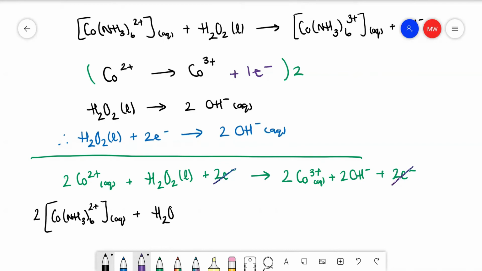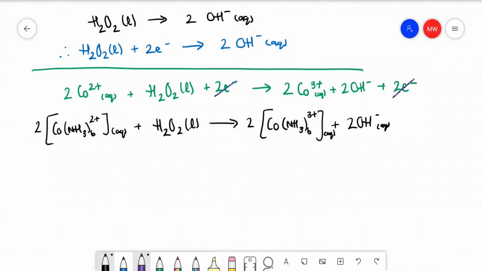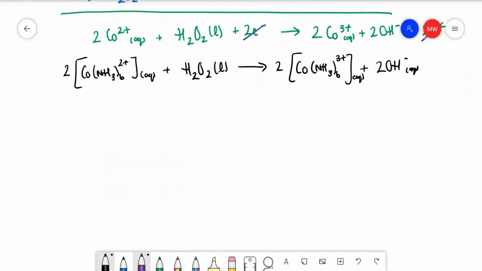And then I can just add my spectator ion, which was the ammonia, so it becomes 2 hexaamine cobalt 2+ plus hydrogen peroxide gives you 2 hexaamine cobalt 3+ plus 2 hydroxides. Okay, and that one was easy because there wasn't the problem of the oxygens and hydrogens. So I'm just going to do a second example to make sure that you understand how to balance oxygens and hydrogens